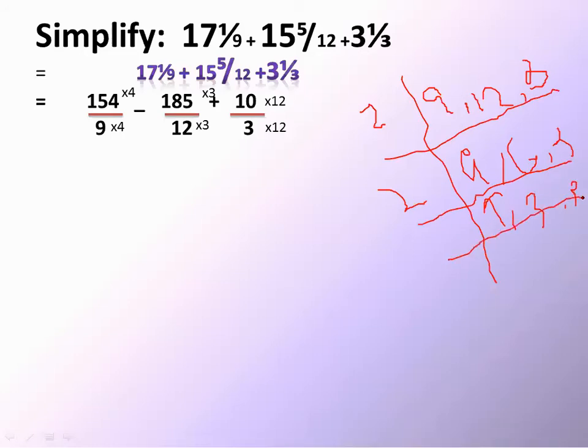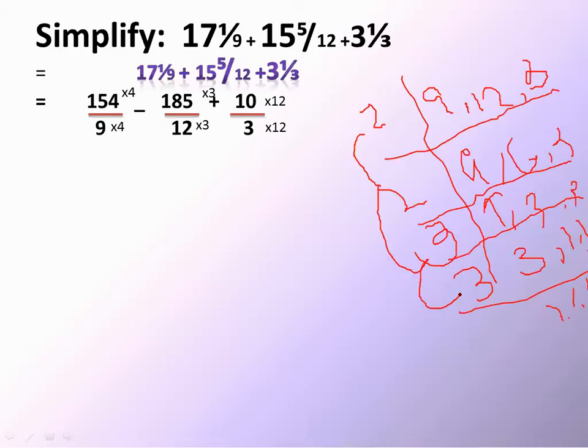I will pick the next number, that is 3. So 3 into 3 is 9, 3 into 1 is 3, and 3 into 1 is 3. And the last it will be 3, and 3 into 1 is 3, then 1 and then 1. So here I will multiply these numbers: 2 multiplied by 2 is 4, 4 multiplied by 3 is 12, and 12 multiplied by 3 will become 36.